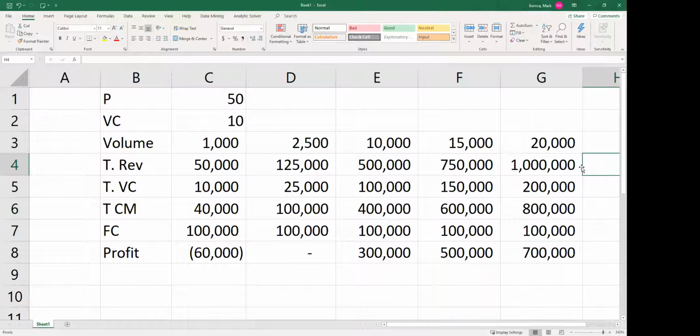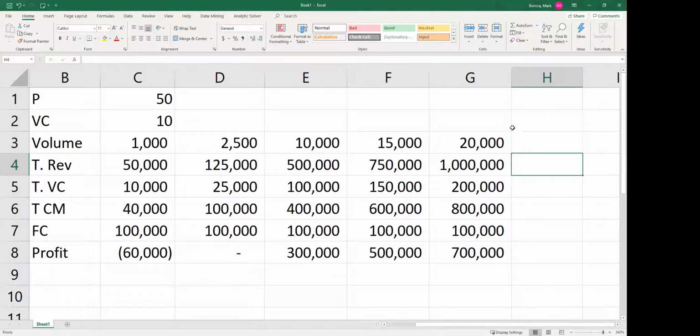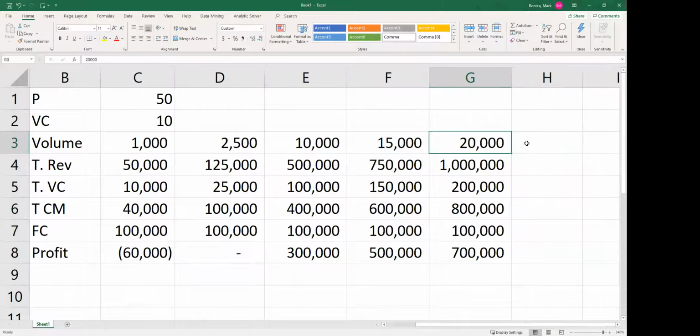So I've got $1 million in revenue, and then 200,000 in variable cost, 800,000 contribution margin. Fixed cost is still fixed, and then we're at 70,000. Now, what did we say at the beginning of this chapter? We said, okay,